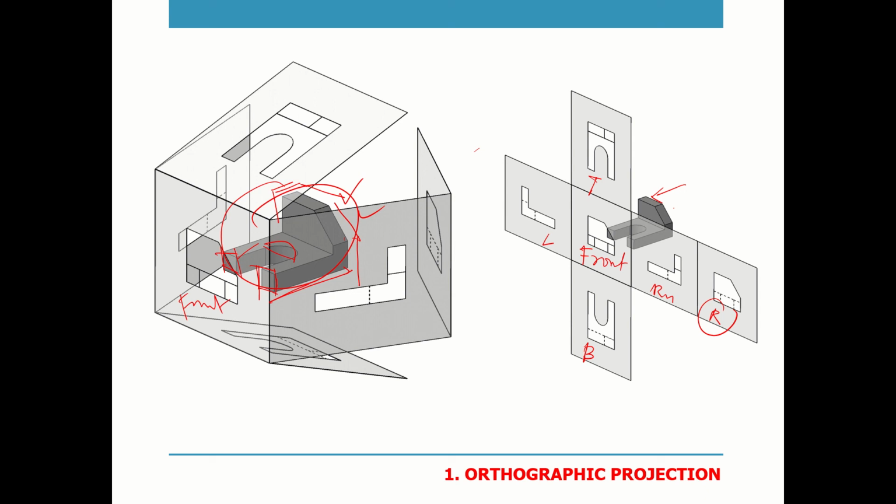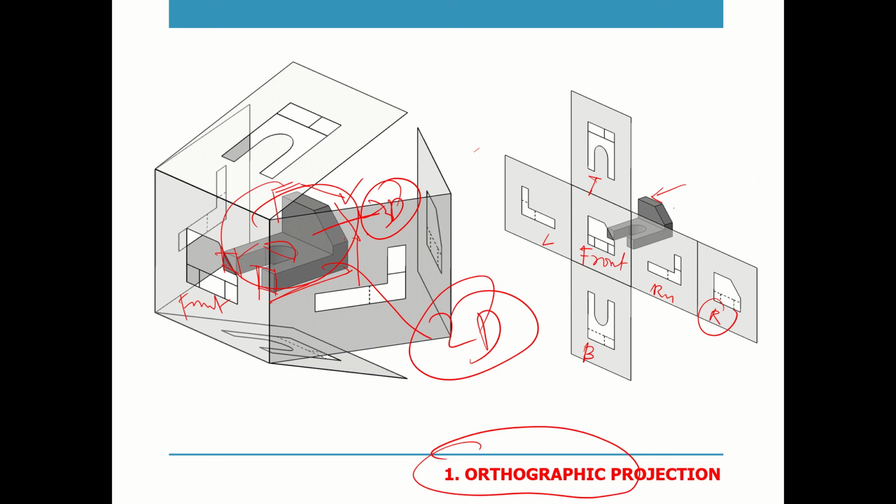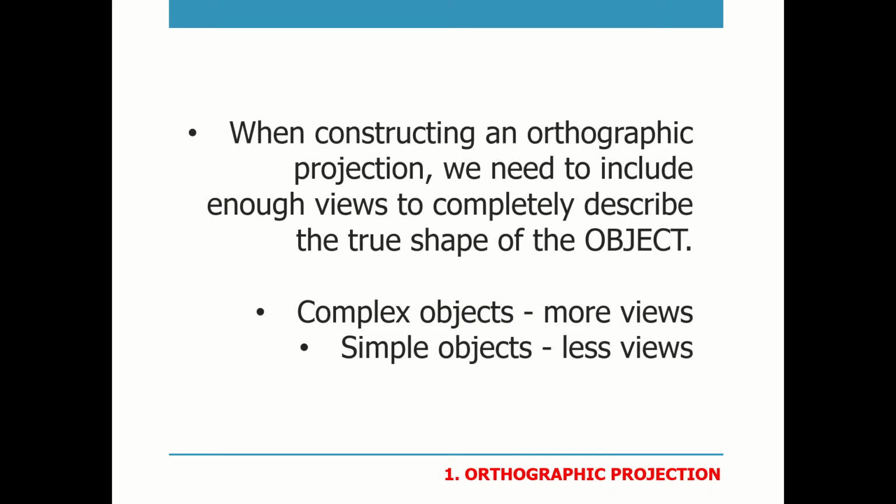We need to give more detailed drawings so that somebody who is about to execute the work should understand this in a clear manner. So in order to do that, in addition to 3D drawings, we make 2D drawings, which in this case are called orthographic projections or orthographic drawings. The process is called projection, and the drawings are orthographic drawings. I have a few more slides and then we can discuss.